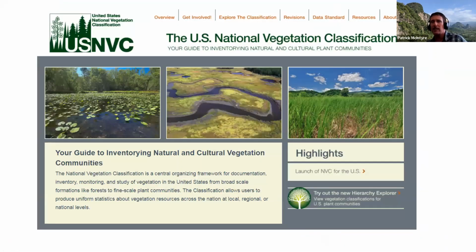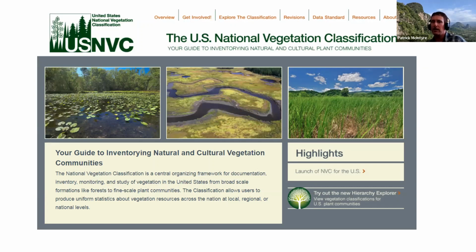And I want to take a step back from this and go back to the types of work that really allow us to do these types of analysis. So NatureServe administers what's called the U.S. National Vegetation Classification. And this is a great example of how we work as a network. We administer the U.S. National Vegetation Classification, but we work with ecologists from all over North America, in every state, Canadian provinces, tribal nations,